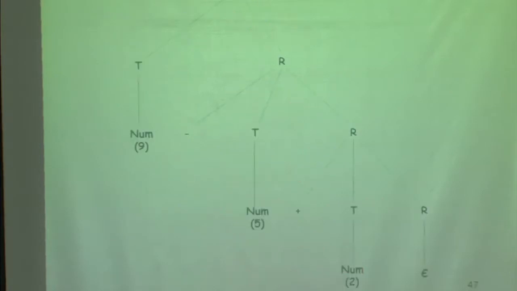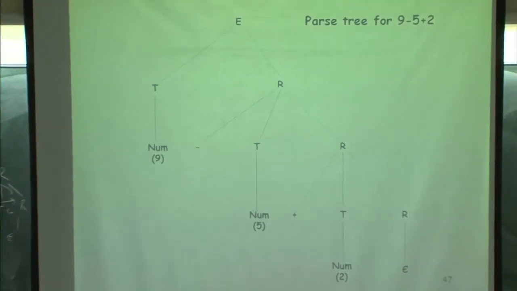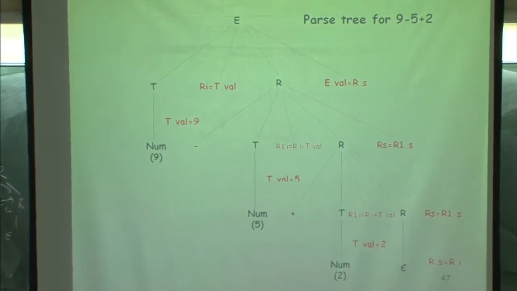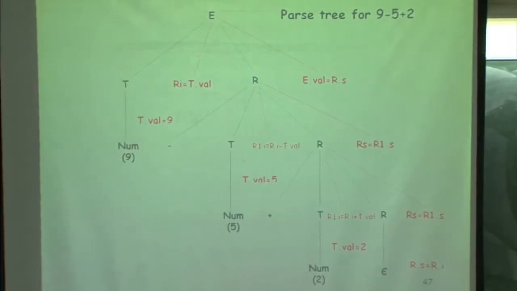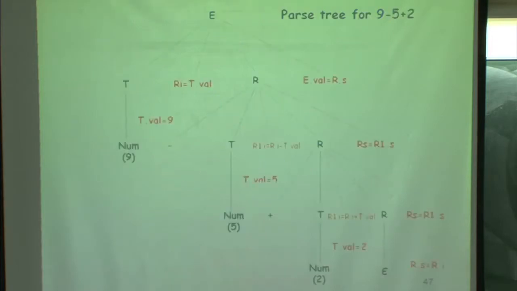Okay. And how will the parse tree look for this? This is how the parse tree will look without the rules, and if I now introduce nodes corresponding to all the rules, this is how the nodes will look, right. So, T goes to num followed by Tval, basically this is what you have to remember, T goes to num followed by Tval, and just put rules at the right places. So, R goes to minus T, this rule R1 followed by this rule. Okay. So, this is what it is, R goes to minus T R and this rule.